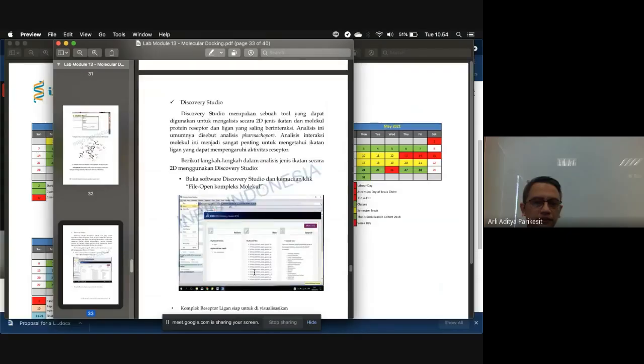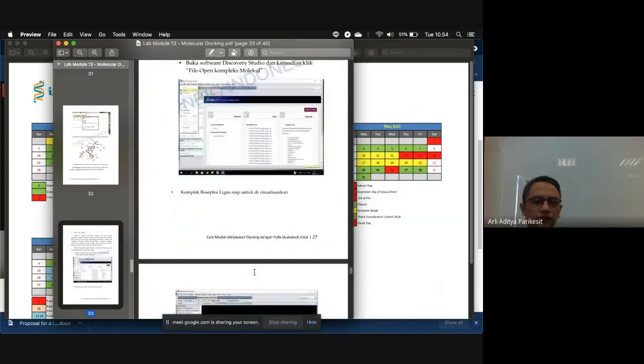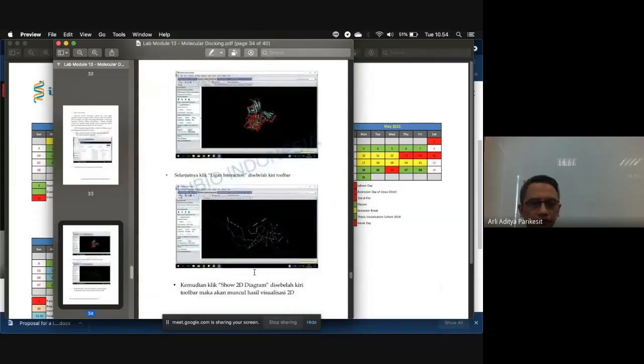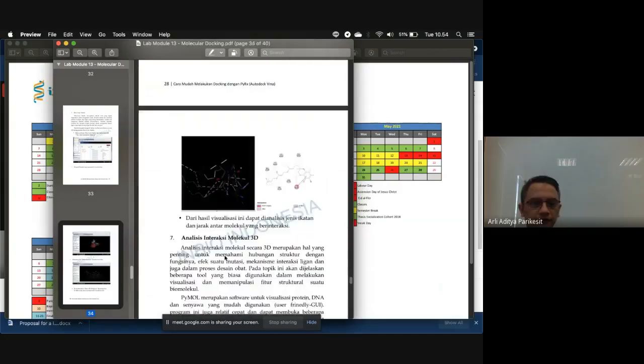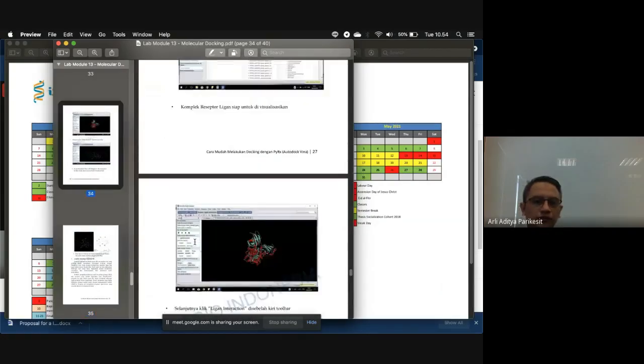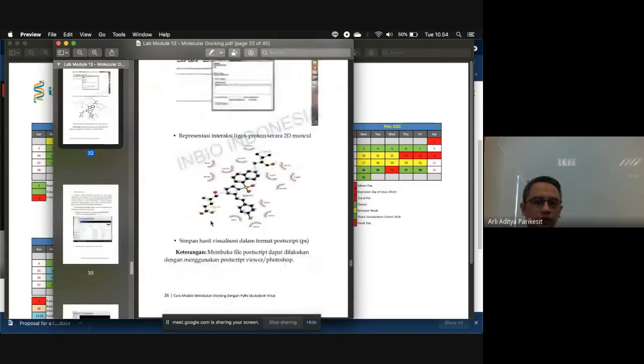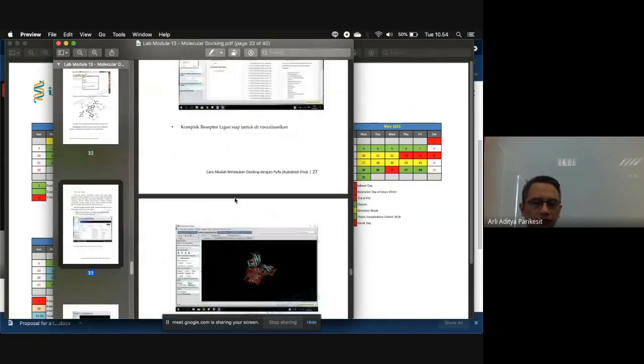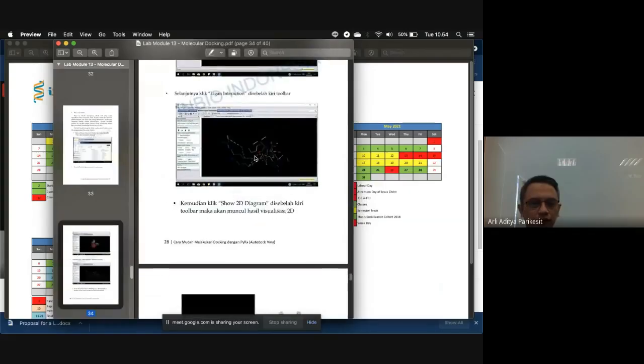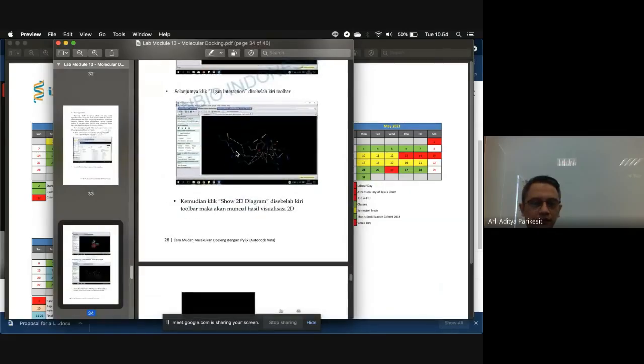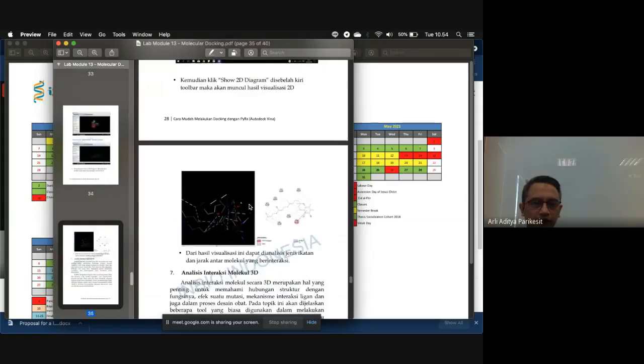Then later on you can use Discovery Studio to analyze the ligand interaction as well. It's the same, but you can choose whether you want to use LigPlot Plus or Discovery Studio to analyze this ligand, the two-dimensional diagram.